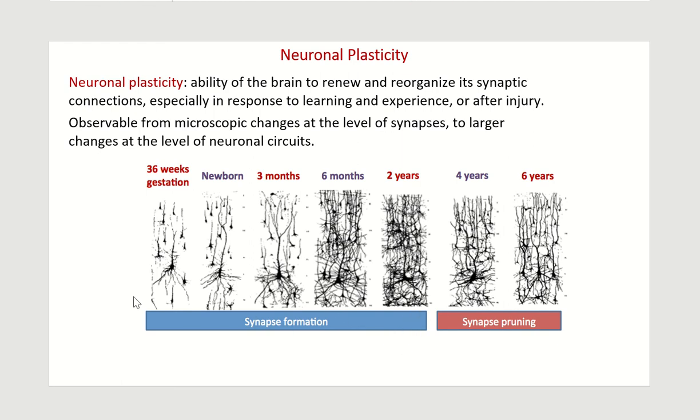So we can actually see synapses growing in the fetal brain and then in the infant brain up to about 2 years. And at 2 years, the brain actually has more neurons and more synapses than it needs. And so for the next few years after that, the brain prunes away synapses, leaving the ones that are most valuable. And so this is why they say that these early years of development are most important for children,